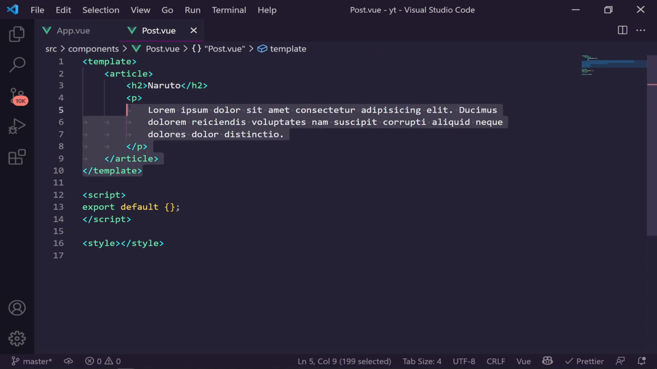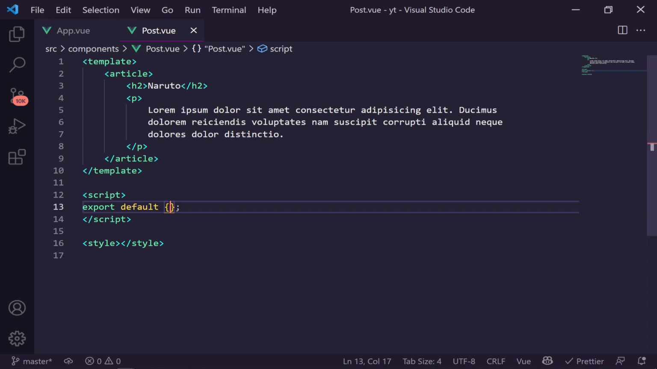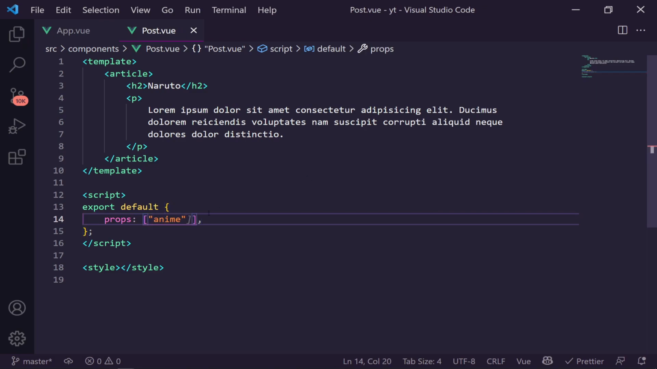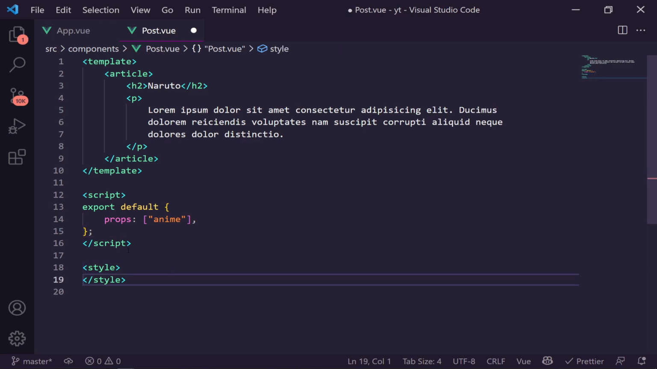Cool, so that's all we need for our actual article. It's going to be quite straightforward. Now, inside of our export, we're going to bring through a prop, and our prop is going to be equal to the anime we're going to be bringing through. So we're going to bring through just an anime which will have a name or a title and a description. And that should be good, but we do need to style this article up. So down here,